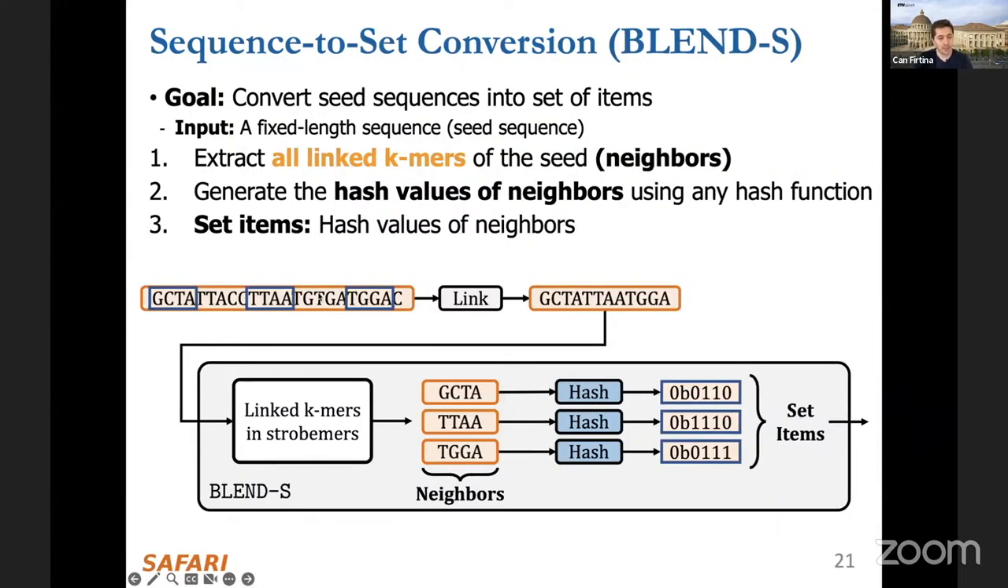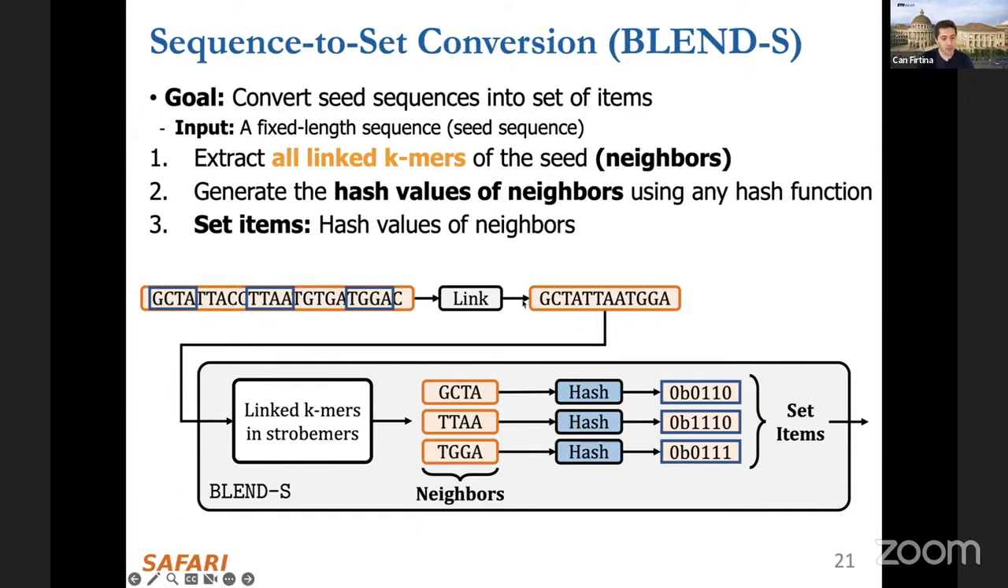The other mechanism is the Blend S mechanism. I'm not going to explain Blend S in a very detailed manner, because it's pretty similar to Blend I, with only a minor difference, which is that if we are using, for example, a linked k-mer strategy, for example, a stopmer, then it doesn't